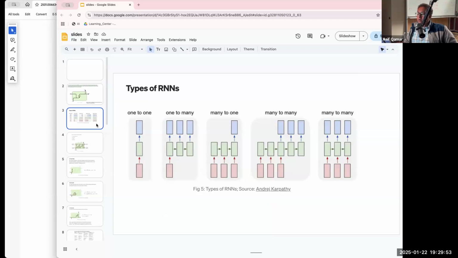Then there are the types of RNN. Though in this paper it may not be relevant, be familiar with all these types of RNN. It's basically one input to one output, and similarly one to many and many to many. So you can imagine you send a sentence and the output is some sentiment, right? That is like many to one. You can imagine many to many is like a language translation. So the industry has created so many models out of this. Again, the reason I'm saying this here is just to create a foundation for the upcoming topic.